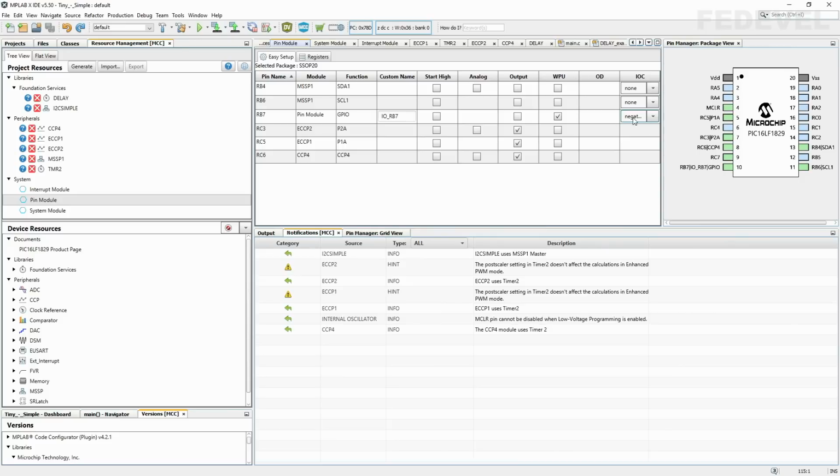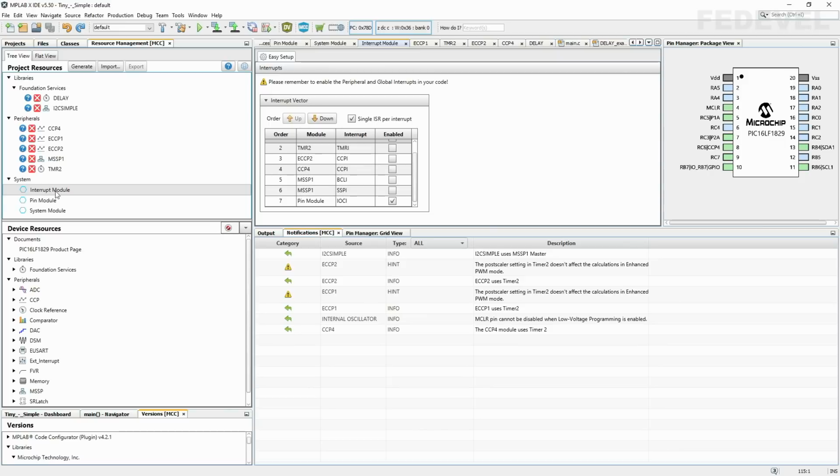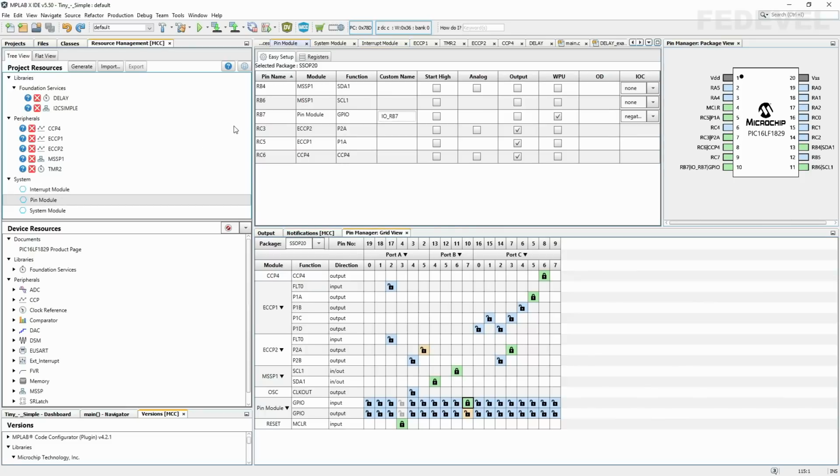You can double check if this interrupt was enabled when you click on this interrupt module and scroll down in this table; the pin module enabled checkbox should be checked. Okay, this means we enabled the interrupt for this RB7 pin. Click on generate.